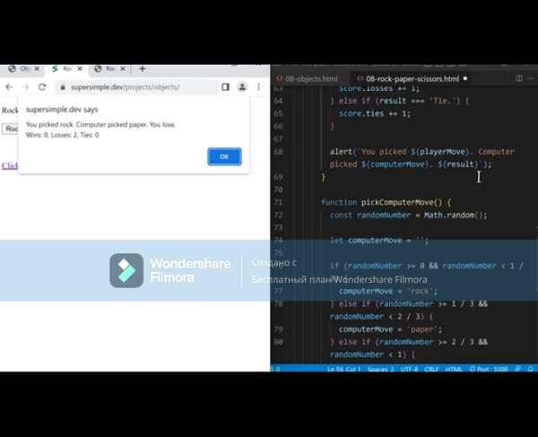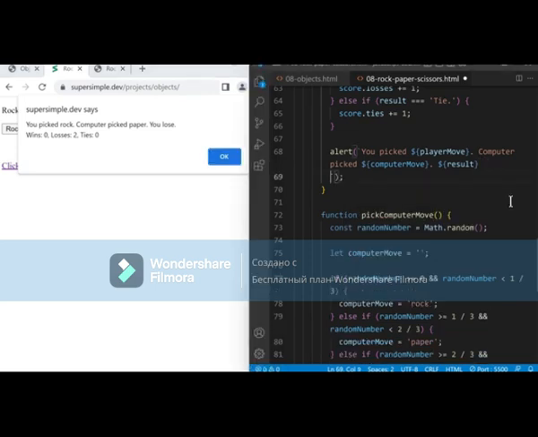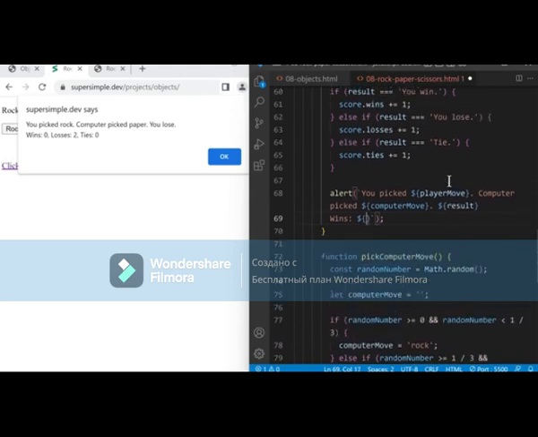Remember that template strings have another special feature called multi-line strings. So we can type at the end of this template string and press enter to add another line to this string. So here we can type wins colon, and we're going to insert a value using dollar open curly bracket, close curly bracket. And here we're going to insert the number of wins that we have, which is score.wins. So we'll type